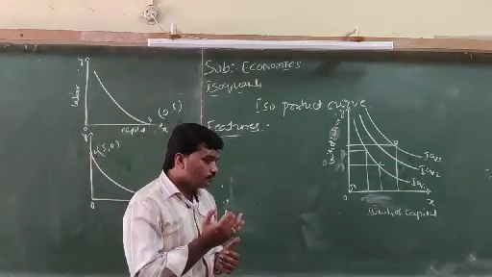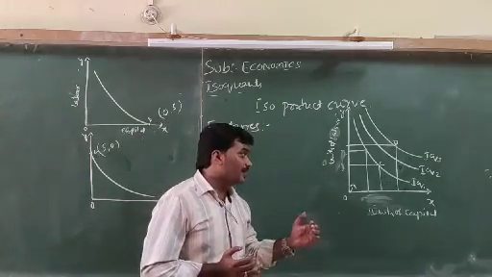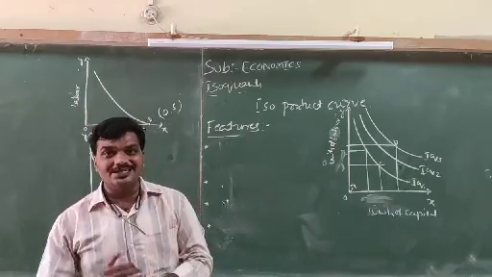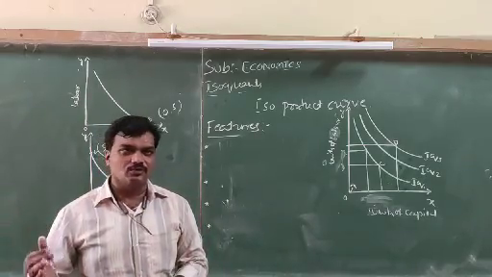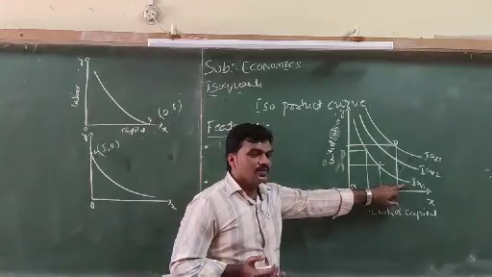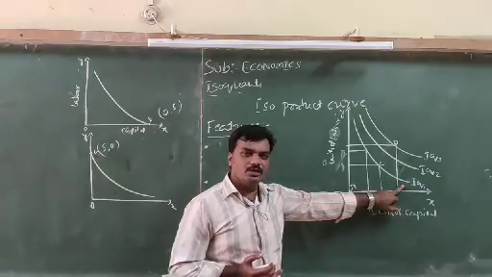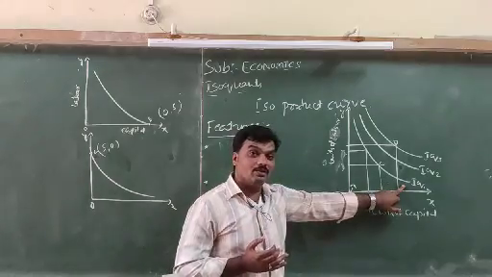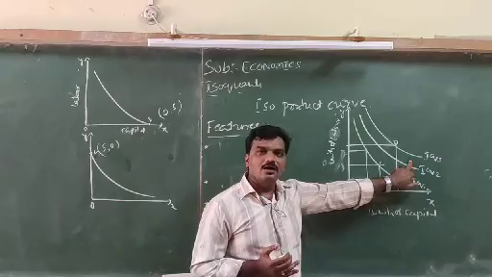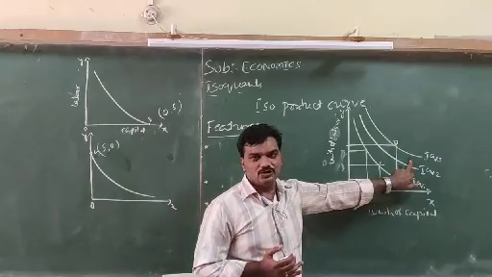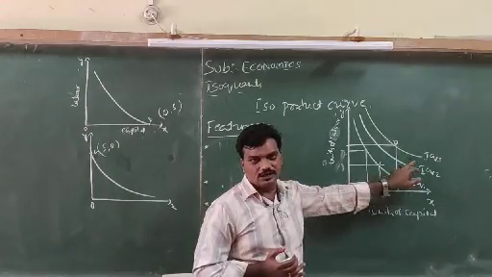It means a lower isoquant gives a lower level of satisfaction than higher isoquants. Just to give an example: IQ1 is the lower isoquant which gives a lower level of output to the producer. Then IQ3 is the higher isoquant which represents a higher level of output to the producer.